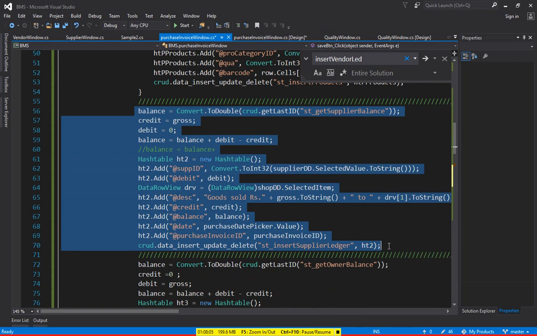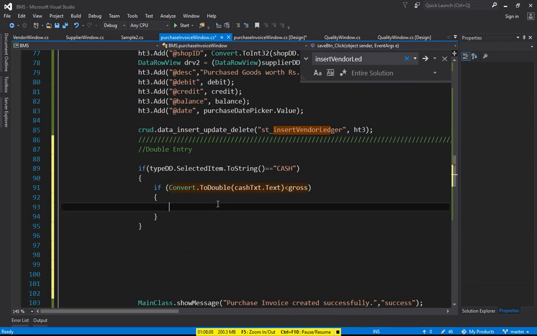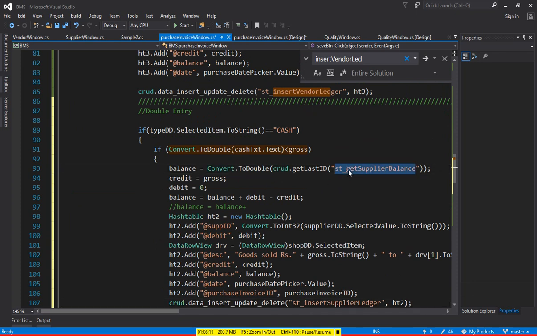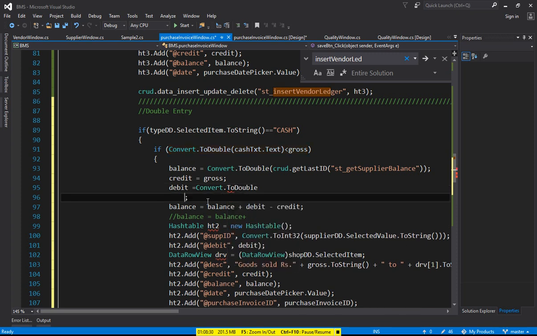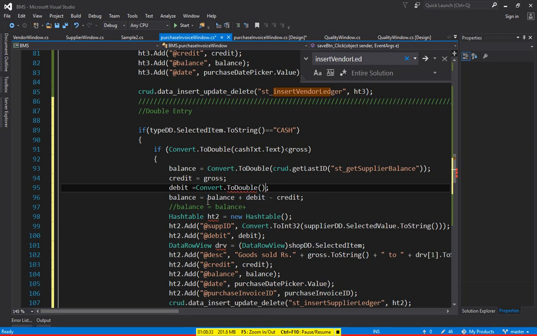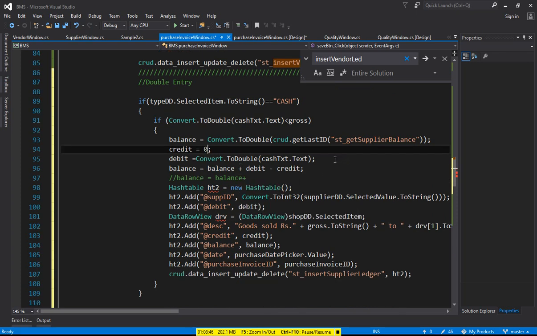So let me copy this first, and we have to paste it here. Now here you have to pick up the last supplier balance, then because you are paying to the supplier, the amount that you are paying to the supplier is convert dot to double and round brackets open close, and then here you can specify the cash text dot text, okay, and then the credit should be 0. So the amount is debited inside the supplier balance,